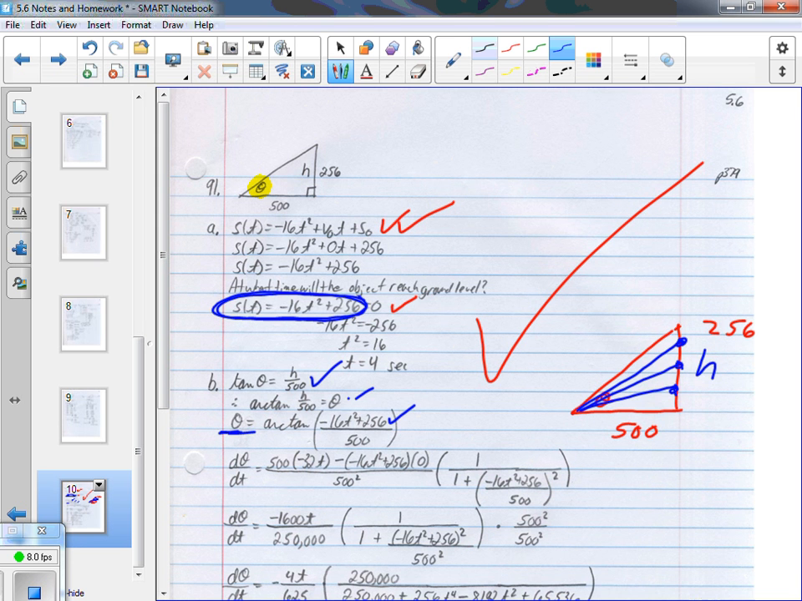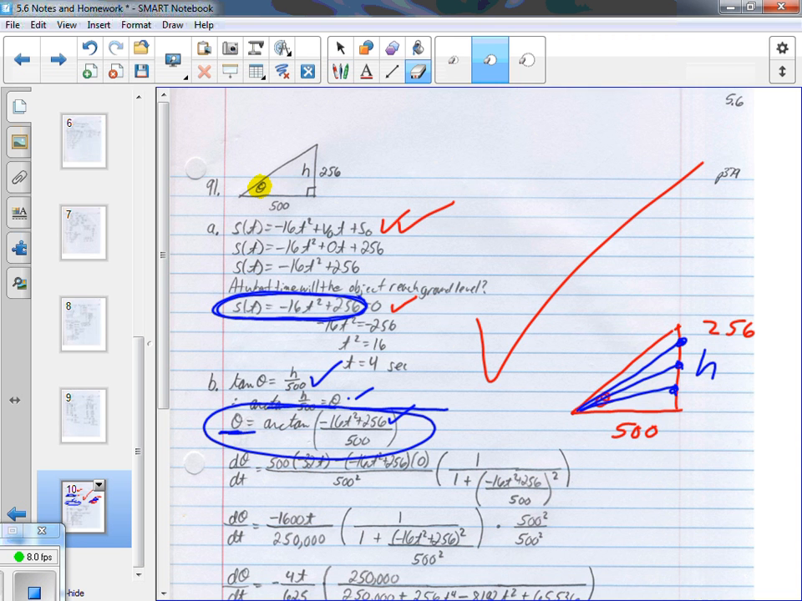So, replace the h with negative 16t squared plus 256. And now, I take the derivative. The derivative of theta. Theta's got to be a function of time. In fact, if you look at this, what's the variable? The only variable in that whole thing is a t. So theta is a function of time. So d theta dt